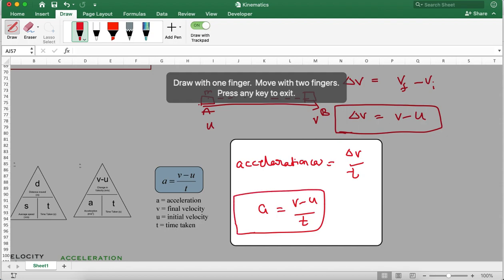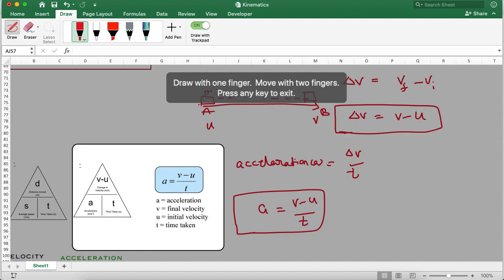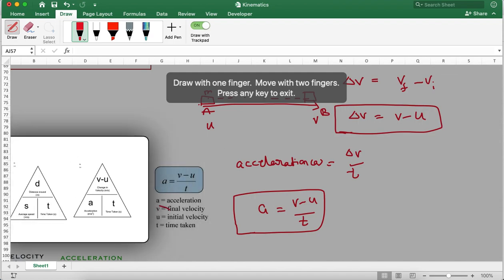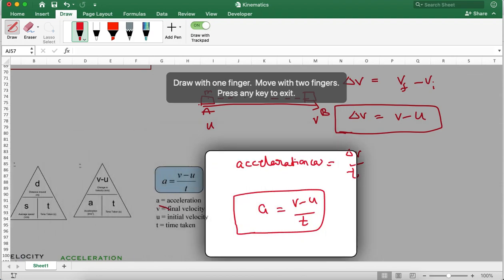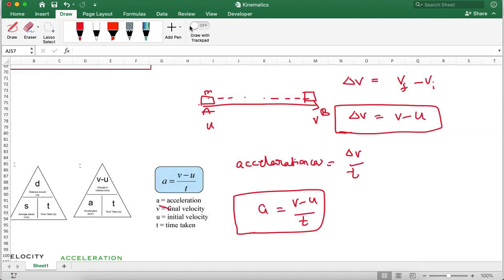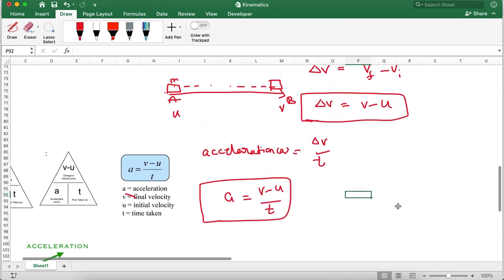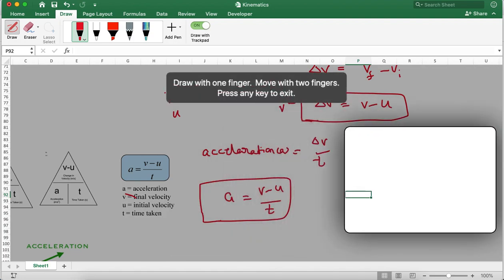This is the expression for acceleration. So the acceleration of an object can be expressed as v minus u by t, and the same thing you can see here, and there is again a triangle. By using this triangle also you can easily remember how we represent acceleration in terms of velocity. First you need to understand what acceleration is, then I'll explain what deceleration is. First, I'll explain acceleration once again.